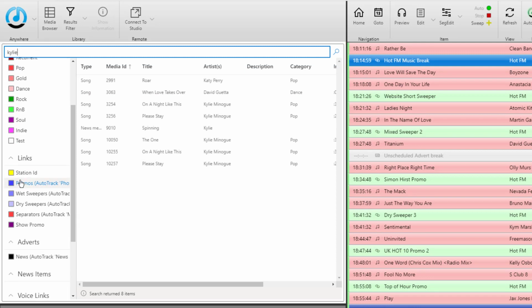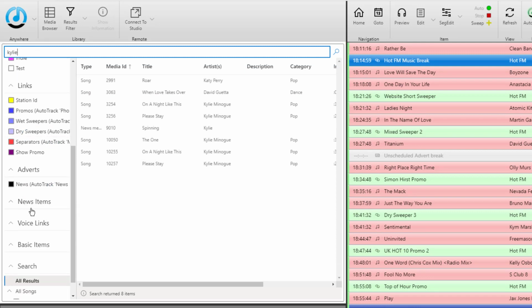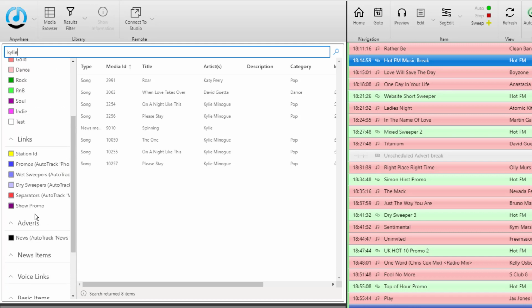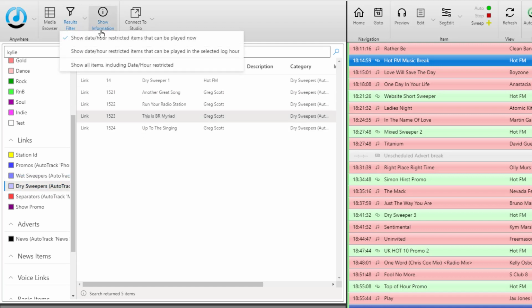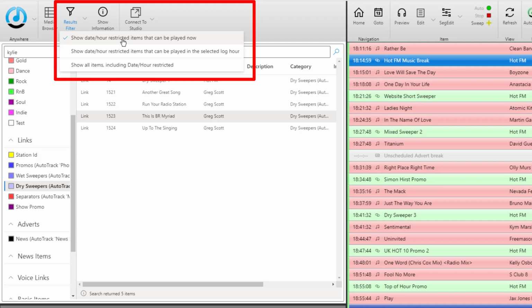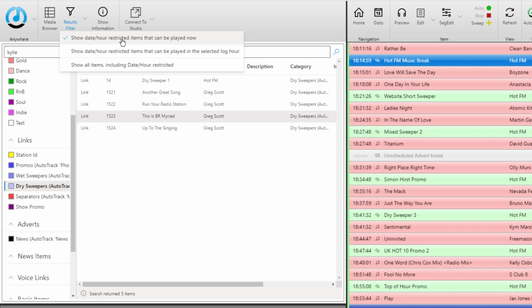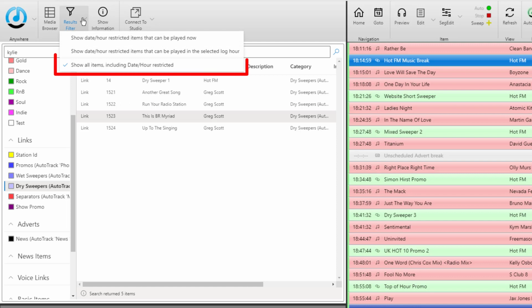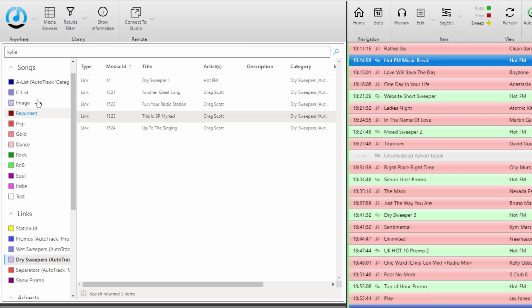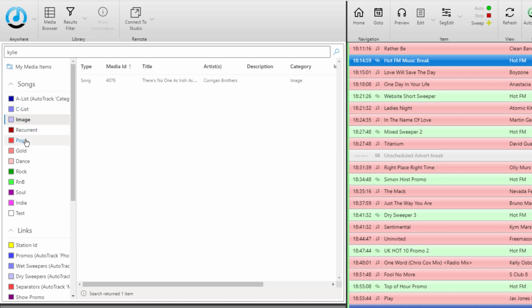You can also browse the links, the adverts, and other types of content on your media wall. You can also filter the results to exclude or include items that are restricted by hour and date. Or, if you prefer, you can have all items regardless of any restrictions. When you highlight an item,